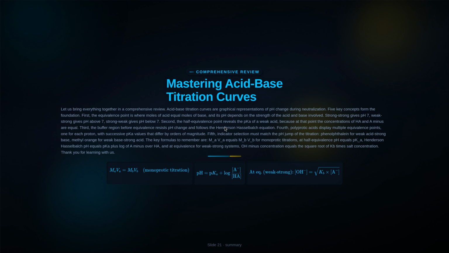Fourth, polyprotic acids display multiple equivalence points, one for each proton. Fifth, indicator selection must match the pH jump of the titration. The key formulas to remember are MAVA equals MBVB for monoprotic titrations, pH equals pKa at half equivalence, and